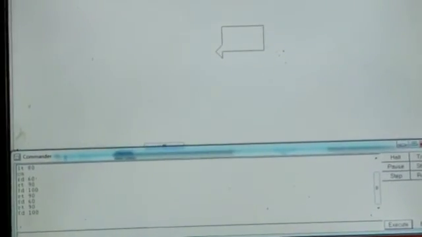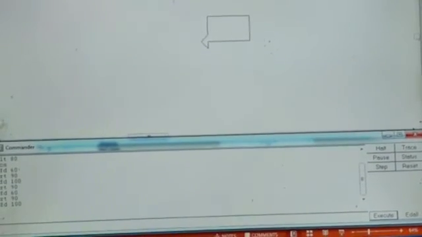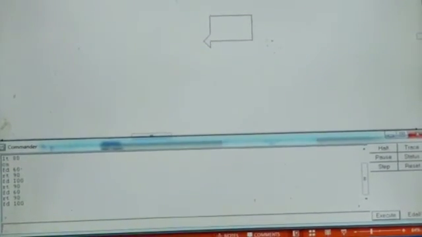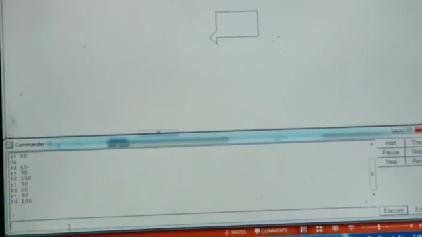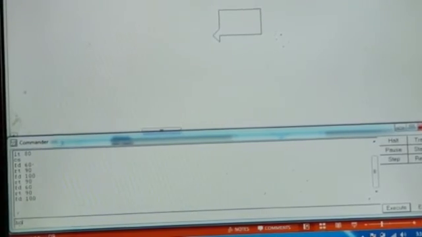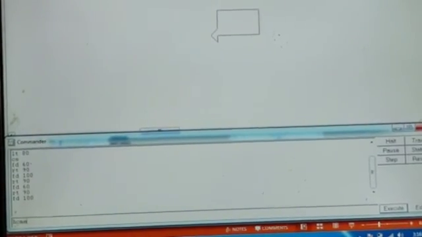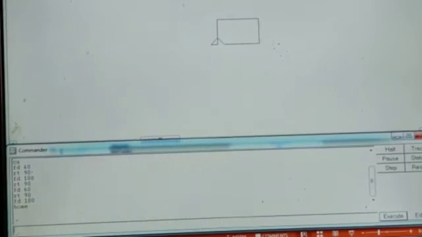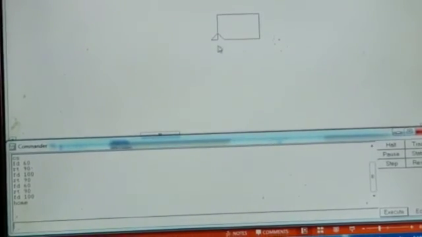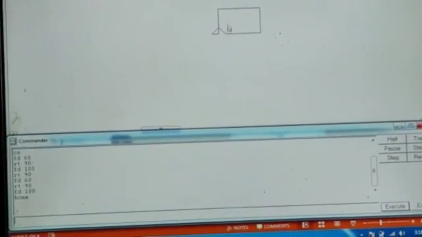Now after creating a program, you can see turtle has turned towards many directions. Now I want turtle to be at the center of the screen. Now I can give the command as HOME. When I give home command, turtle will come to the center of the screen. Children, you can see the turtle to be in the center of the screen.